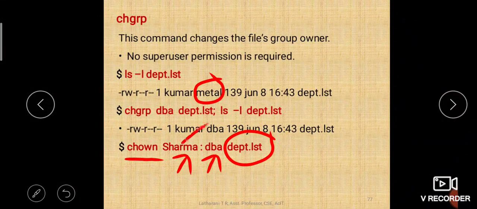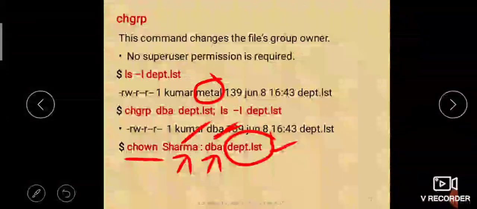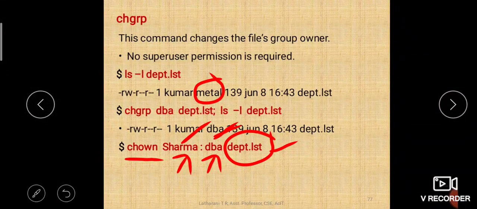Chown, this is the new user, this is the new group owner. Okay, this is the new owner of the file, this is the new group owner of the file, and the name of the file is department.list. So this is the command where both the owner of the file and the group owner of the file, both of them together, you can change in a single command.